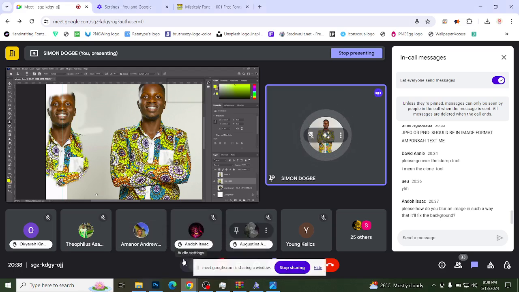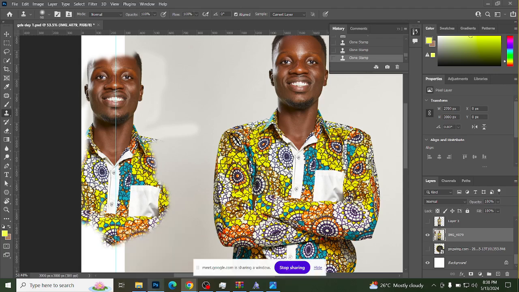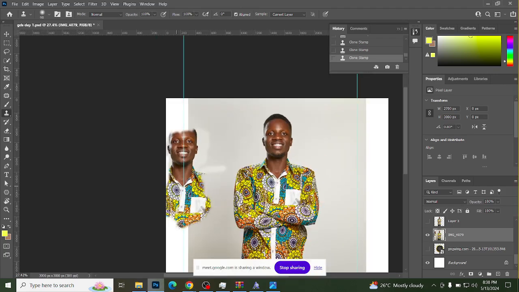Please, how do you blur an image in such a way that it will fix the background? Okay. So there are so many ways of blurring an image. So for instance,